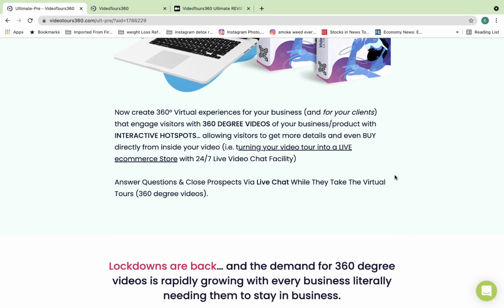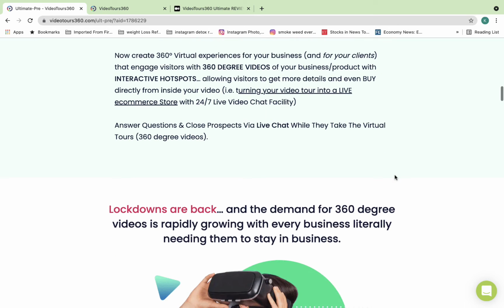You can create a 360-degree virtual experience for your business or for your client's business that engages visitors with 360-degree videos of your business or product with interactive hotspots, allowing visitors to get more detail and even buy directly from inside of that video, which means turning your video tour into a live e-commerce store with 24/7 live video chat facility, which is only provided by this app.